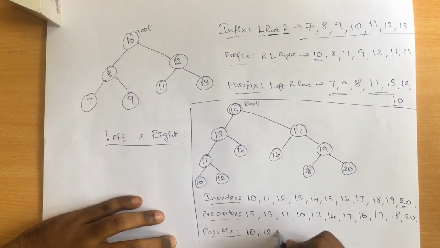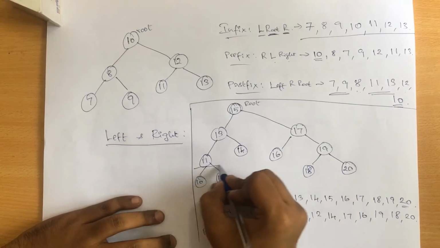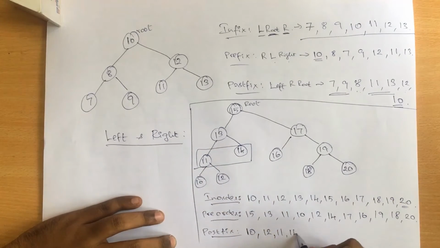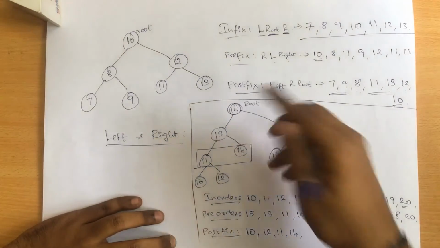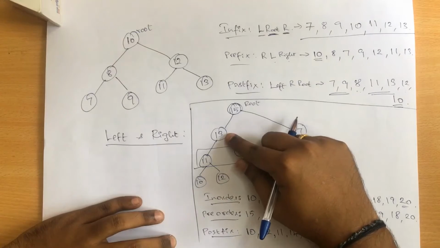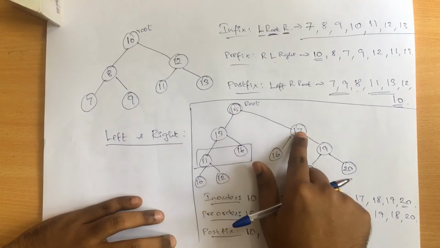node, that is 11. After 11 I cannot directly print 13 because along with 11, in the same level, I have the element 14 also, so you have to print 14, followed by 11 and 14. There are no such nodes to be printed, so I'll move one more step to the top, so it is 13, followed by 13 I'll directly move with the right side part, right? So instead of printing the root node I have to move with the right part.